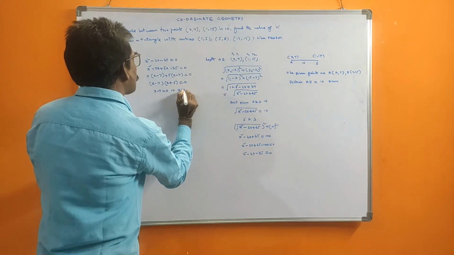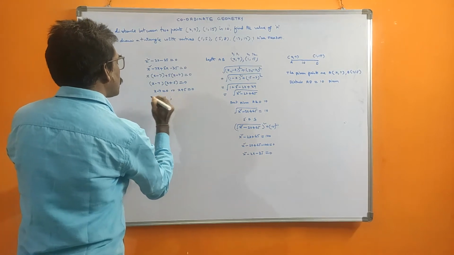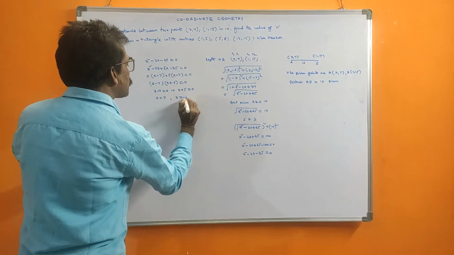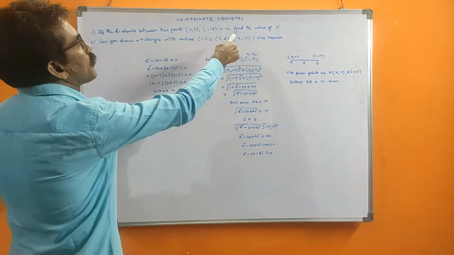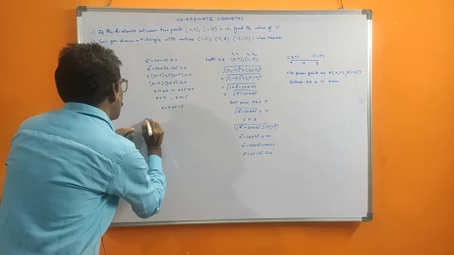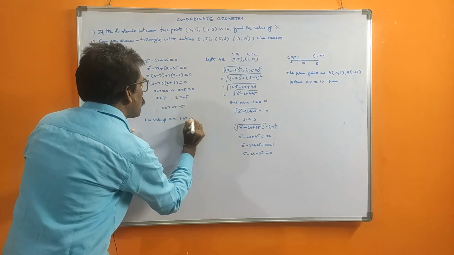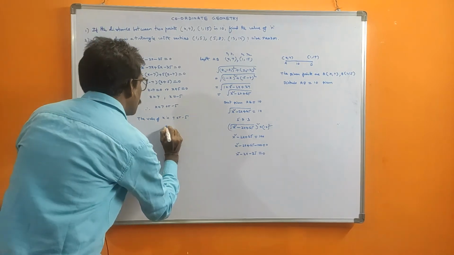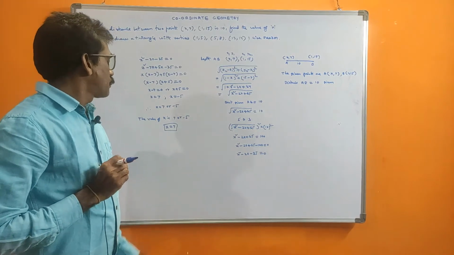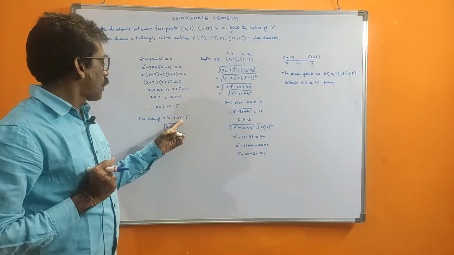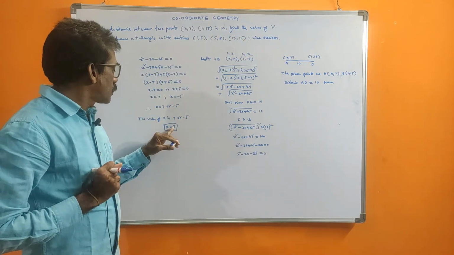So x minus 7 is 0, or x plus 5 is 0. From this, x is equal to 7, or from that, x is equal to minus 5. So therefore x is equal to 7 or minus 5. What was asked? Find the value of x. So the values of x are 7 or minus 5. If we want only positive values, then you take x equal to 7. Distance is a positive value. Really, x is 7 or minus 5, but if we are considering distances like that and you want a positive value of x, then x is equal to 7.